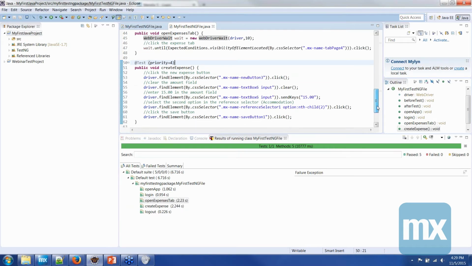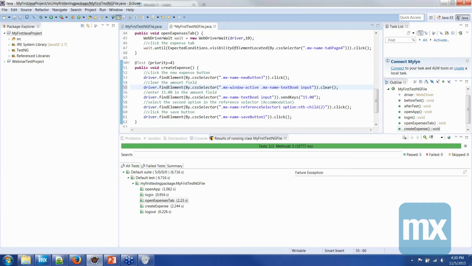But it could be possible that it couldn't find the amount field and the description field, because when you click on the new expense button, it will open in a pop-up, and sometimes Selenium doesn't know on which page it has to search for an element, on the pop-up page or on the page behind it. So to be sure it will find the right one, we can add mx-window-active in the CSS selector to be sure it will find the element on the active page, in this case